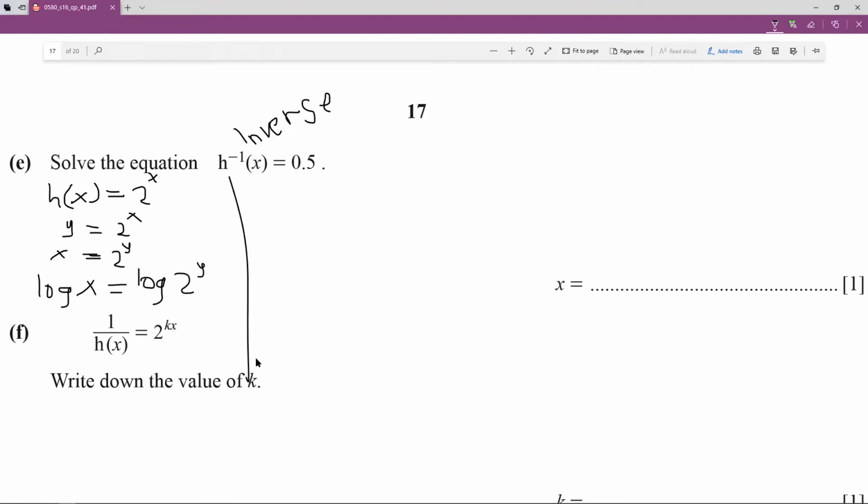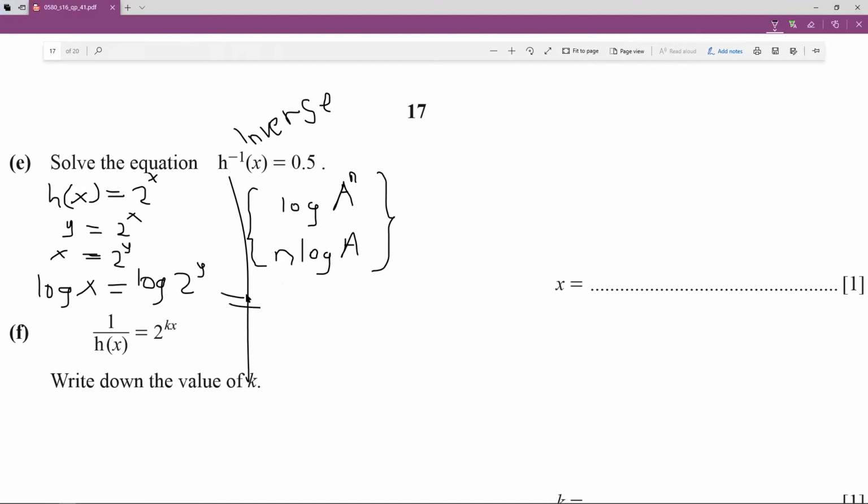So I've introduced my logs. Okay, now we need to make y the subject. There's a rule of log which says this. Please, this is very important. If you have log of a number raised to some power, that power can be dropped to multiply the log behind them. Okay, so this is the rule we're going to use on the right side of our equation,